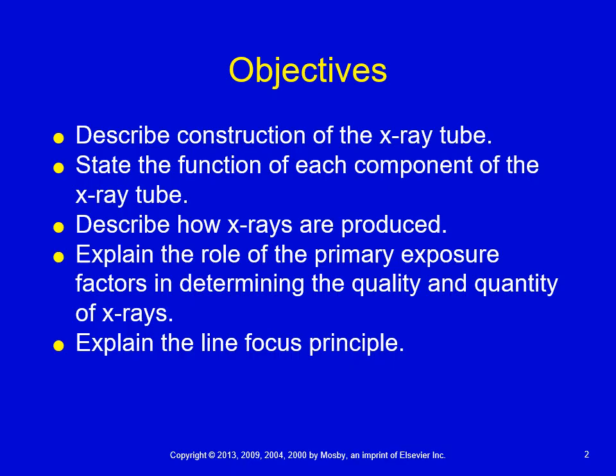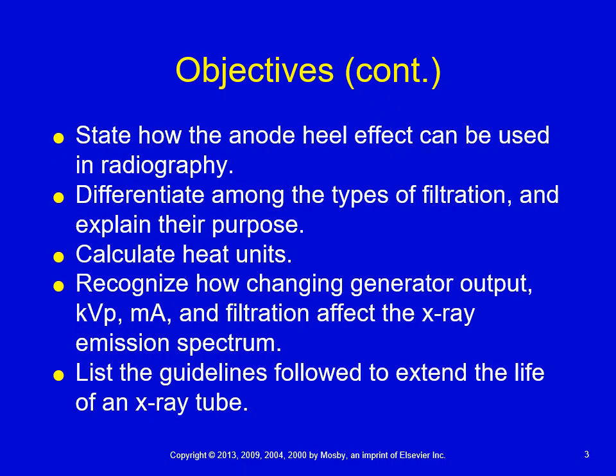The first objective is describe the construction of the X-ray tube, state the function of each component of the X-ray tube, describe how X-rays are produced, explain the role of the primary exposure factors in determining the quality and also the quantity of X-rays, explain the line focus principle, state how the anode heel effect can be used in radiography,